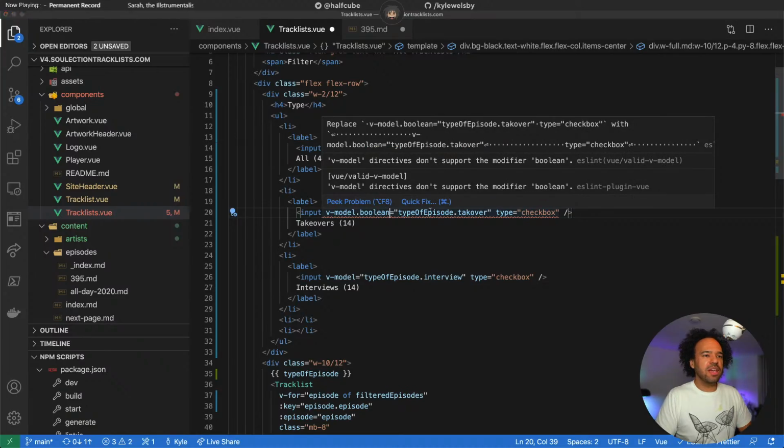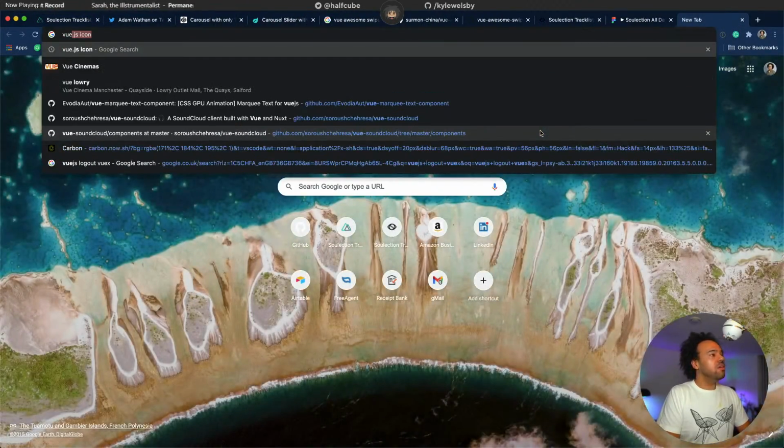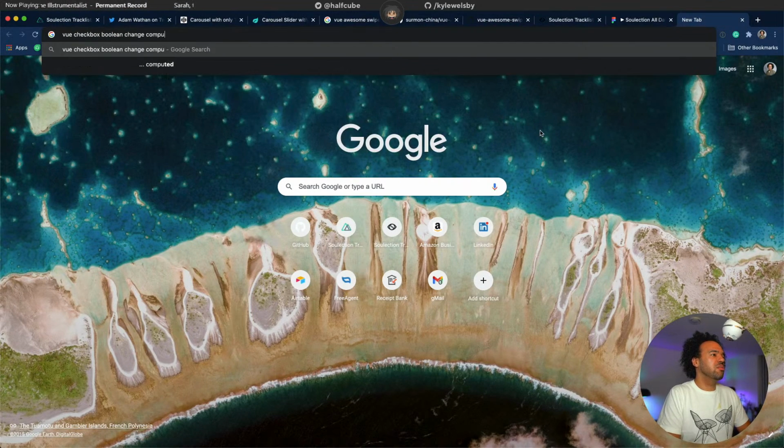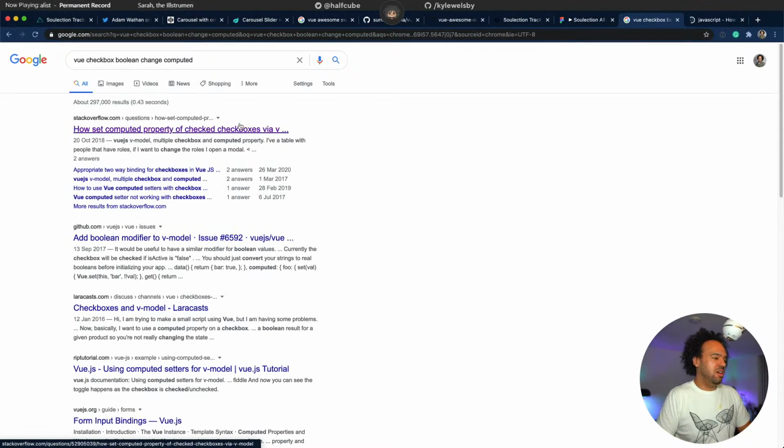I'm out on a limb here. View, checkbox, boolean, change, computed. I said computed box.